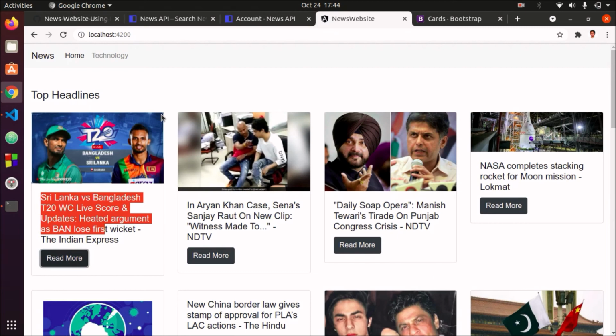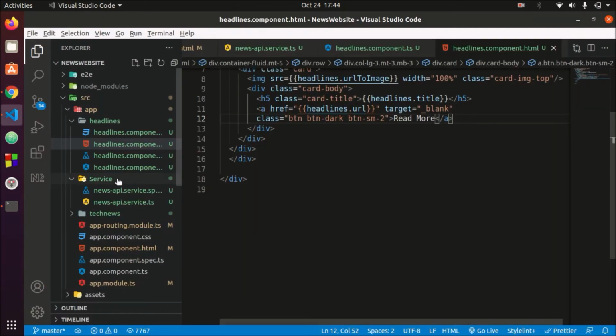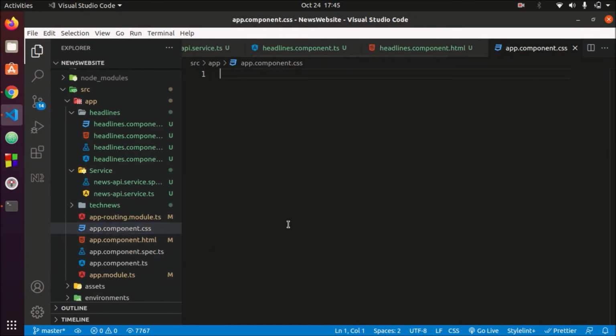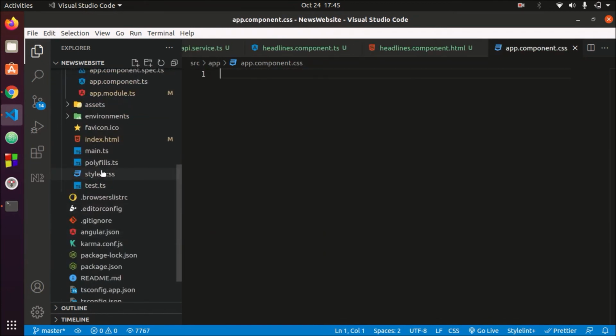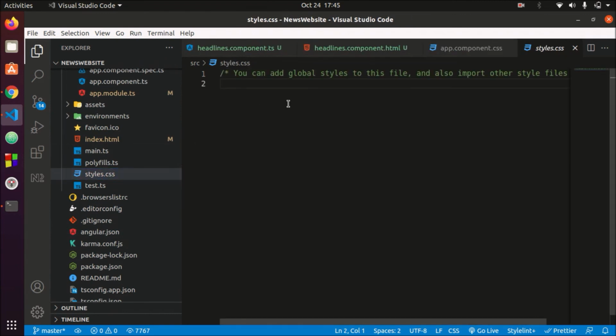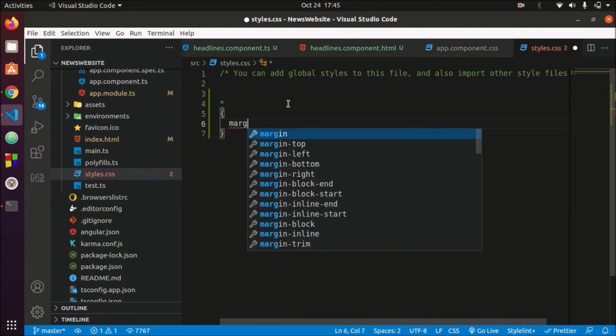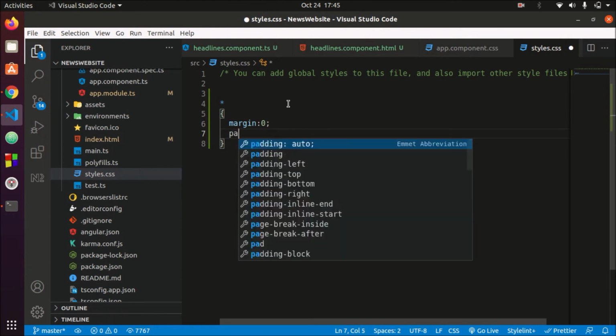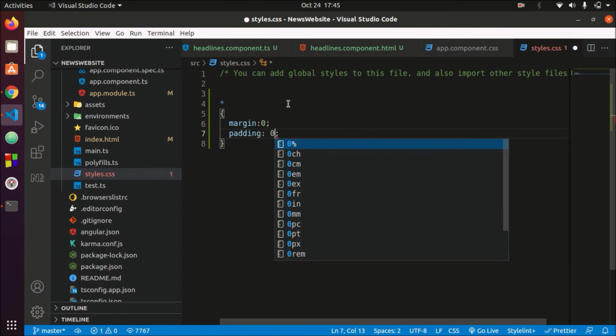Now let's have a little bit of CSS so it will look nice. So I will be writing CSS in app.component.css. Not on this, I will be writing it on styles.css because I want the common CSS for all the files. So let's have star, margin I want 0, and padding also I want 0.